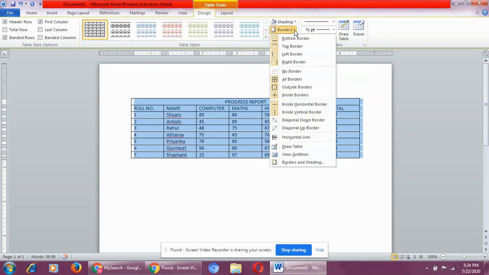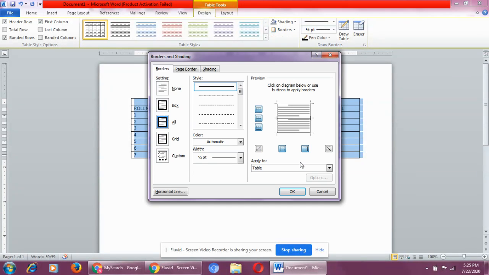Alright. Click on the borders button drop down arrow and select borders and shading option. Where is borders and shading? At the bottom. Borders and shading. This borders and shading dialog box has opened. Now from here I can select the style, I can select the color and the width of the line. Let me make it simple, or if you want I can take anything, and I'll click on the all. Okay, let it be all.